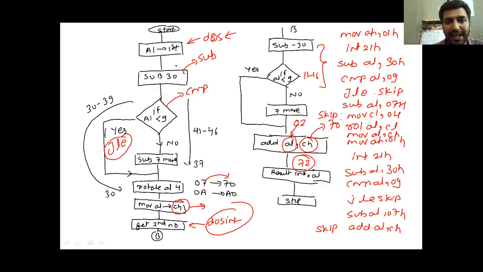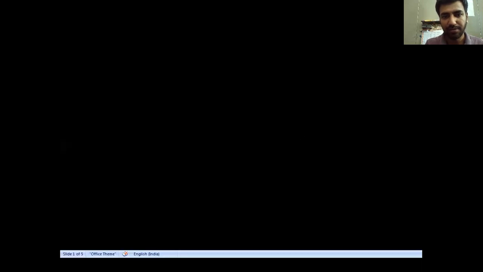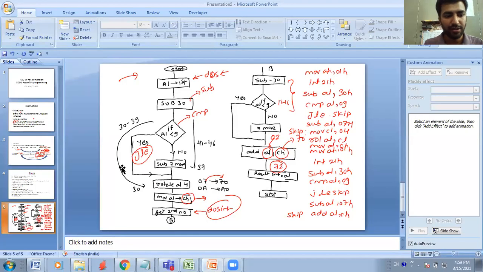So you can see that there is a one-to-one correspondence between the flowchart and the program. If you follow the logic correctly, you can write the program very easily. Okay, so let's run this code.